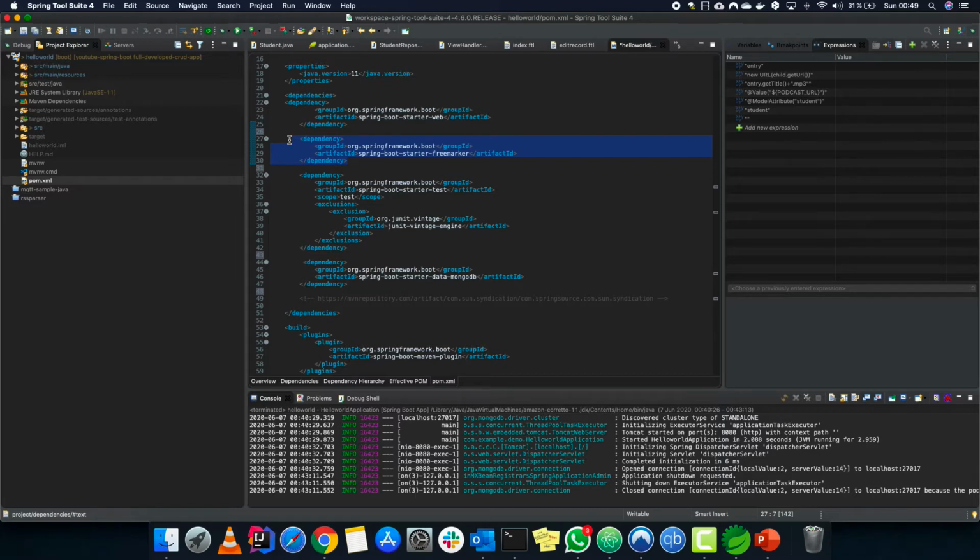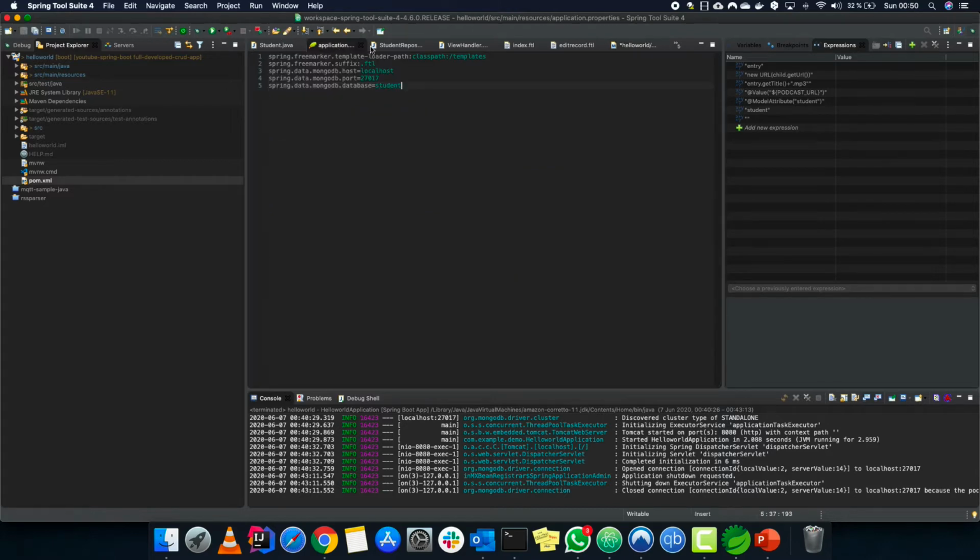Now, once we have set our FreeMarker dependency and our MongoDB, we have to tell our application how FTL would work, how to fetch the views, and where to look for the MongoDB. To do that, we have to go through the property files and add everything, like giving the identity of things, such as where the MongoDB is. So we come here into application.properties.